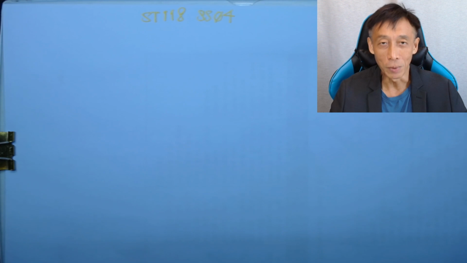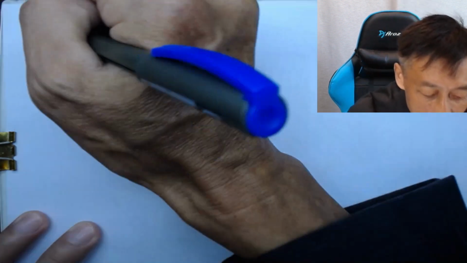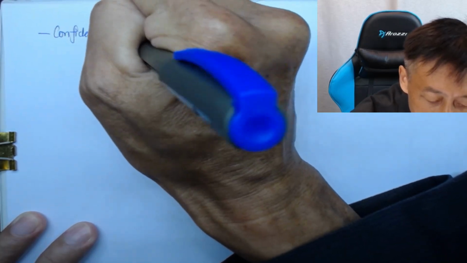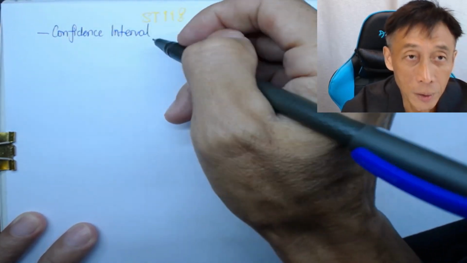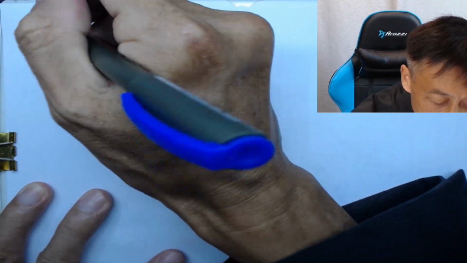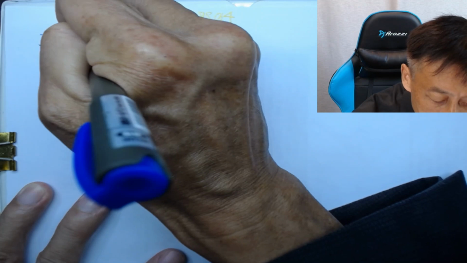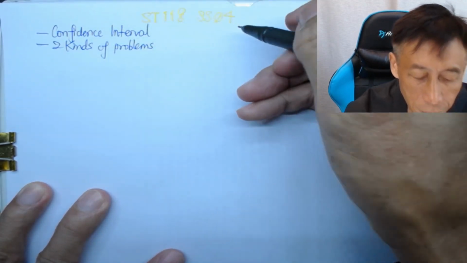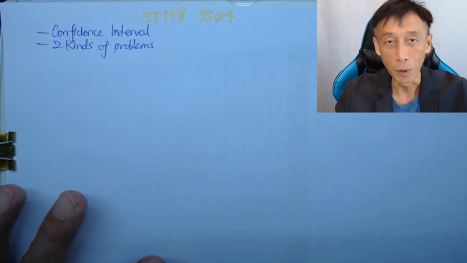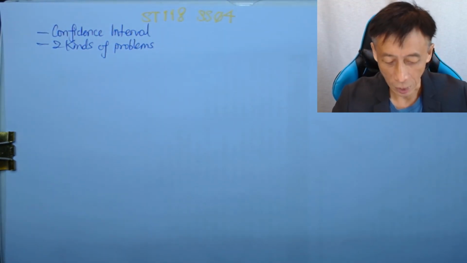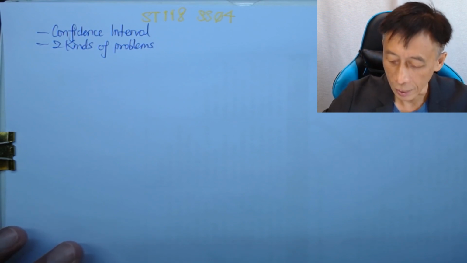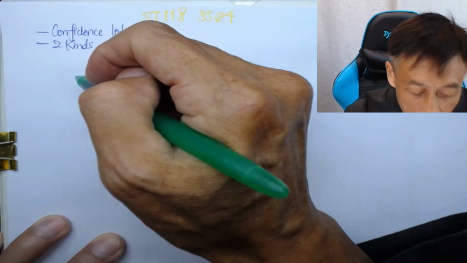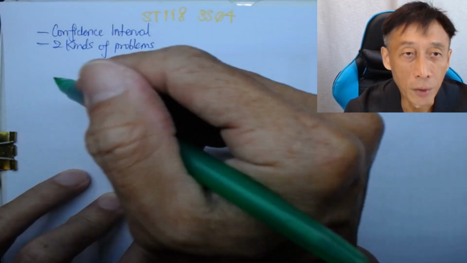In this session, we want to discuss everything about confidence interval. Confidence interval, right? And the two kinds of problems regarding confidence intervals, right? One is to form interval, the other one is to estimate sample size. We'll come to that. Okay, so to start, let's recall that the sampling distribution of sample mean is derived from